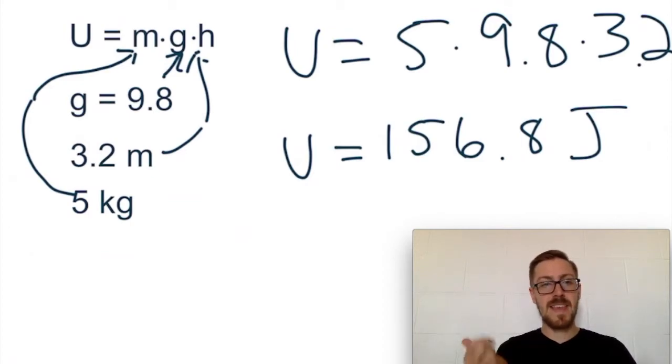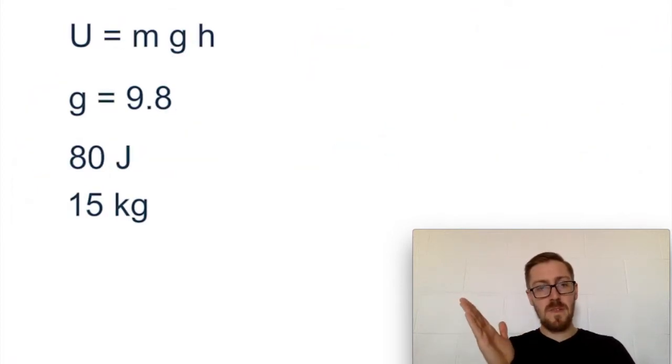If I give you a mass and a height, you already know G. The only thing you can find from those is energy. Now, sometimes, as always, I can make this a little bit trickier by involving algebra. And so what if maybe I give you an energy and then ask you to find either height or mass? And so we'll see how that works here. So here's an example where I do just that, where I ask you to find either height or mass if